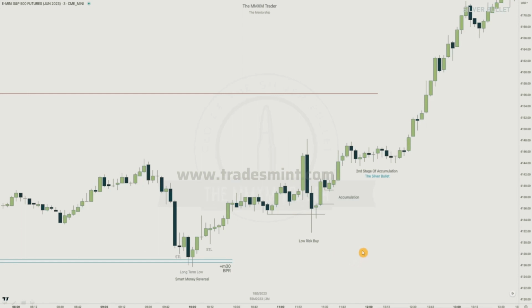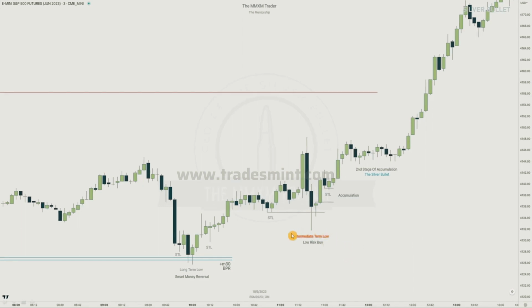So what is this low? Low risk buy, right? But also we have an intermediate term low formed down here. Why? Because we have that short-term low to the left of it, right? And that short-term low to the right of it. Now this is confirmed, right? Instead of anticipating and taking an entry on this short-term low, now we wait for this intermediate term low to be formed and then go into second stage of distribution, which is over here,